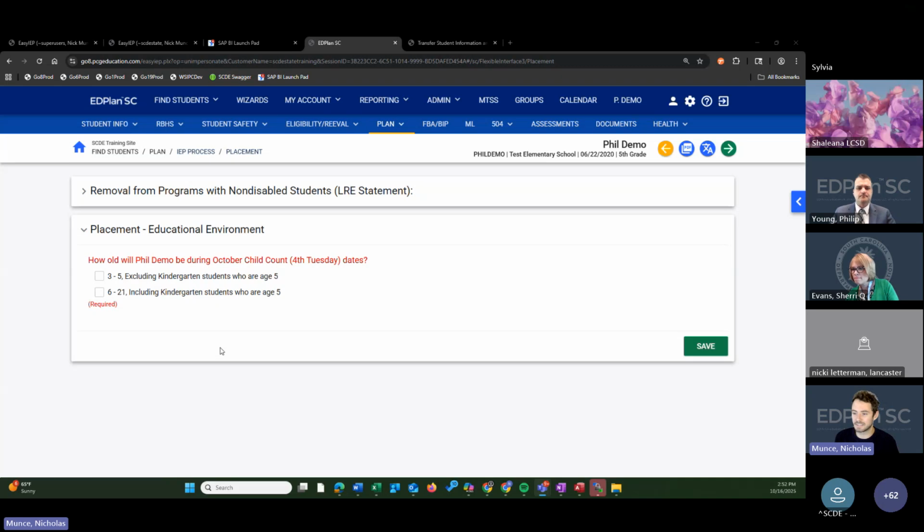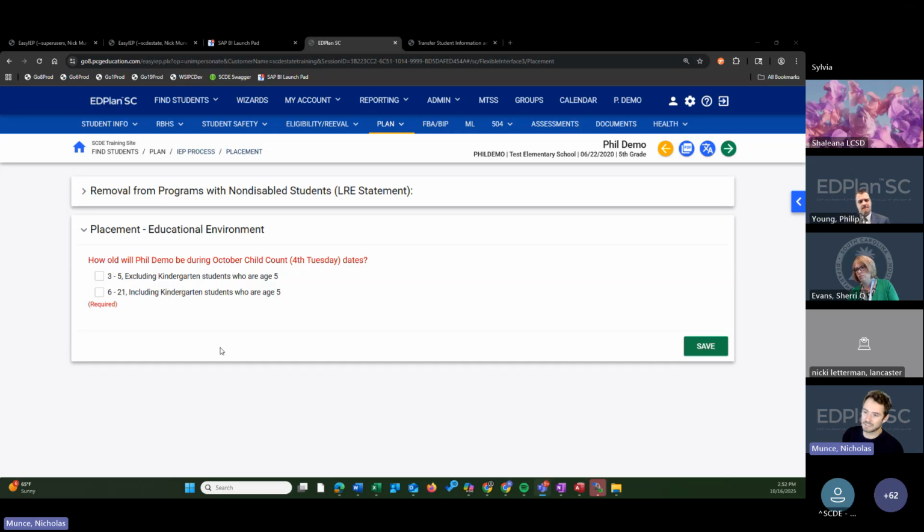I want to start by saying, if you're getting this value for an ISP student, please submit a Zendesk ticket to us. The ISP students we will want to handle differently, because I'm in the IEP process and I'm going to show you how this works in the IEP process. But if you're getting that mismatch for an ISP student, please submit that to us in Zendesk. We can provide one-on-one support there. I'm going to give the general advice for most students, which are those served under an IEP.